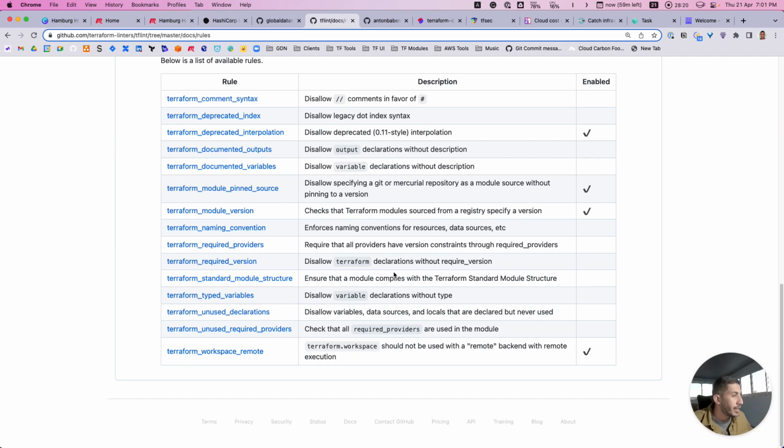By quality, I mean there is always a description for inputs, outputs, or variables. You are using a consistent code style. You are always defining the variables. You are always defining constraints on versions of providers or modules. You are always pinning the source.